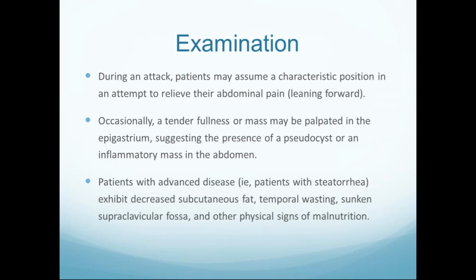Okay, coming to examination. On the patient arriving at the casualty or the outpatient department, the patient will be in a leaning forward position. Due to severe abdominal pain, the patient may be unable to stand straight or sit in a normal position, or lie in a prone or supine position, but will be in a leaning forward position. That is the classical position indicating chronic pancreatitis. In other conditions, it won't be present.